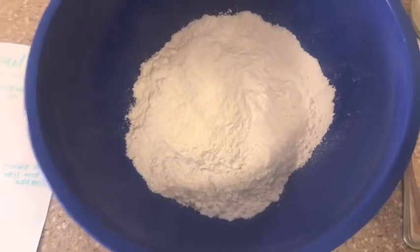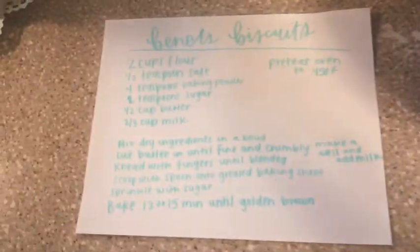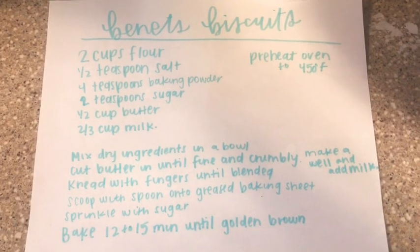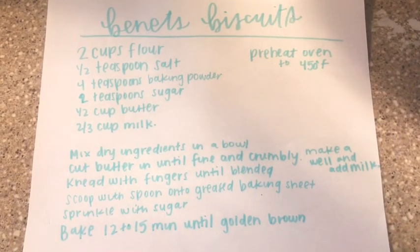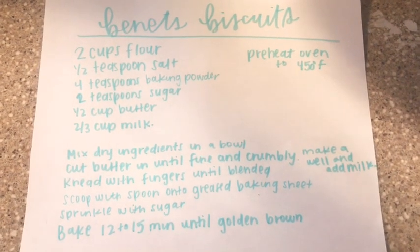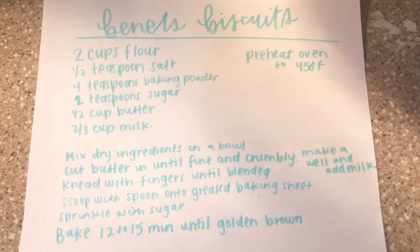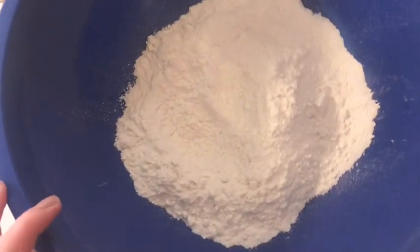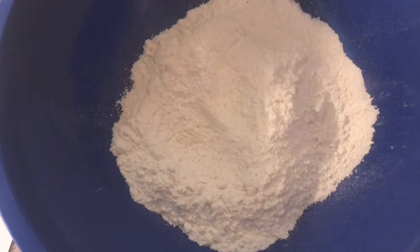Today we are going to be making Bennett's biscuits from the Magic Thief. I have written the instructions down because I don't have the first book with me, but you can use the instructions in the back of your book, or you can Google the Magic Thief, and if you usually search images, it will come up. So I have our 2 cups of flour started in our bowl,